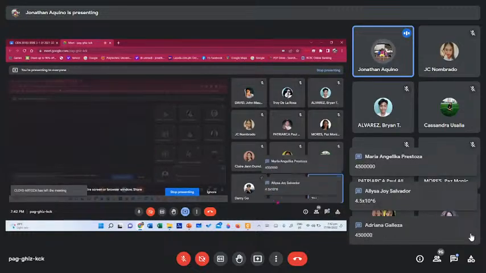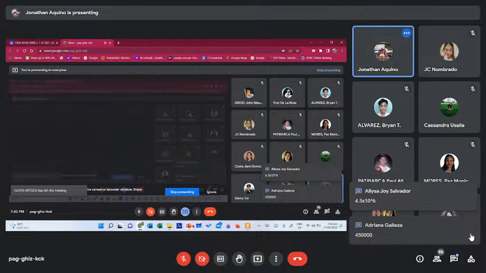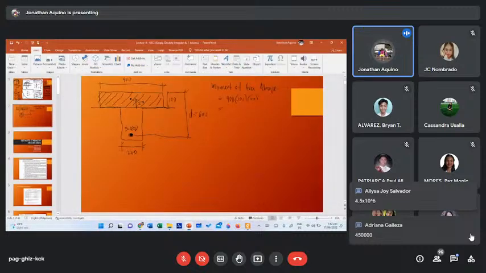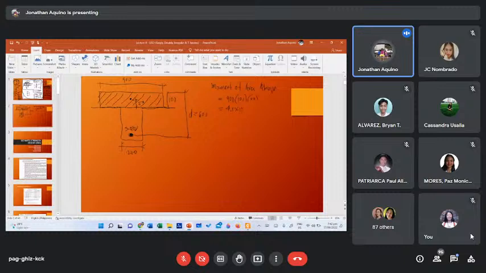4.5 times 10 to the 6 millimeter cube, kasi moment of area cube. Okay. Then the moment of area below,